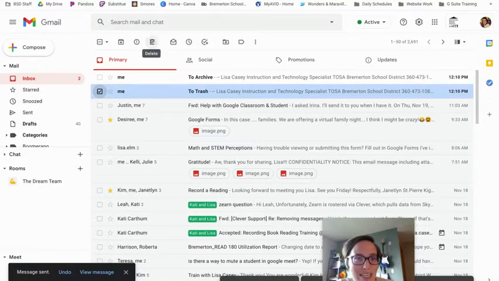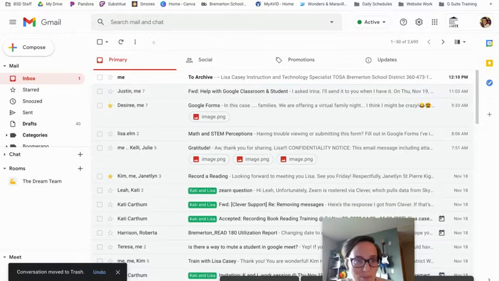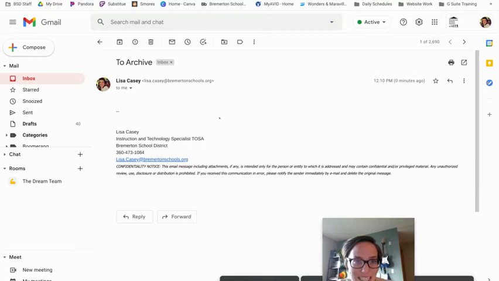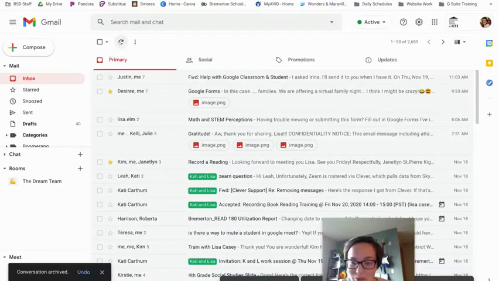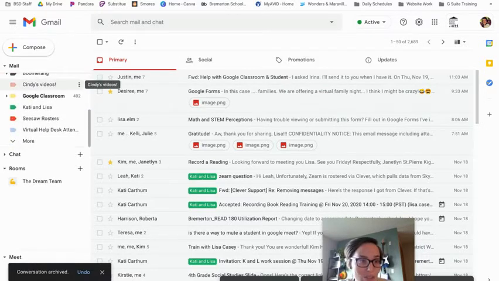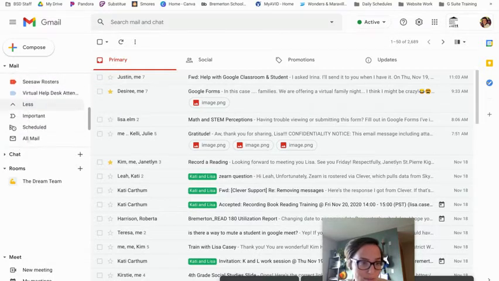But I'm going to go ahead and send that one to my trash with that trash can up at the top. And then with this one, from inside the email, I'm not going to send this one to trash, but I'm going to instead archive it. So again, I can do it from outside the email, just selecting with these boxes, or I can do it from within. So in order to find those emails again, if I scroll down here to the More button,